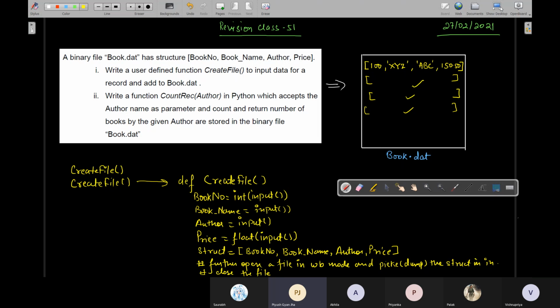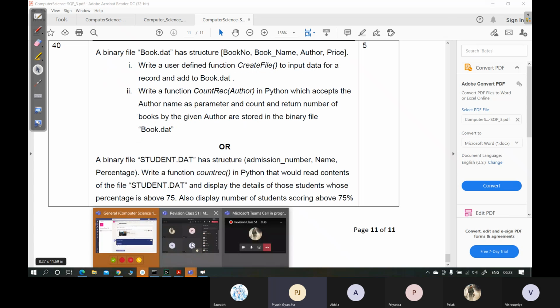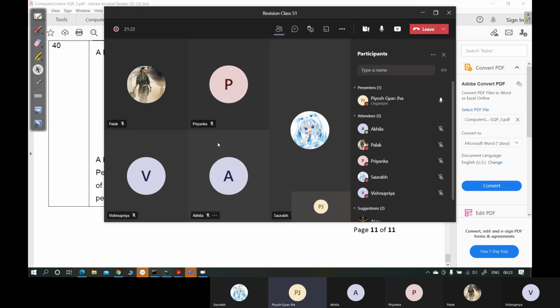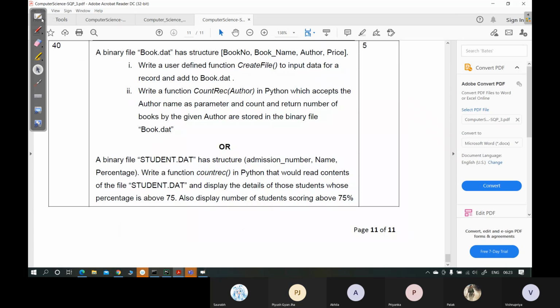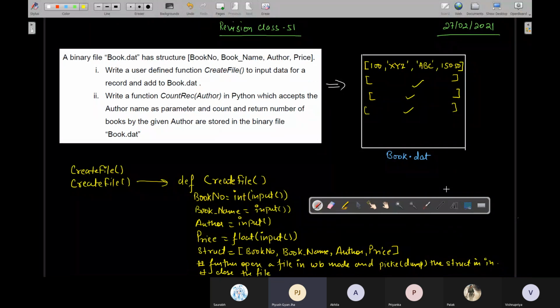ठीक है, बता दो. I think only 4 of you are here. It's a very simple question. अच्छा 5, सौरभ भी आ गया, गुड. देखो, प्रियंका, पलक, ओके, अखिला एंड अदर्स. राइट, तो